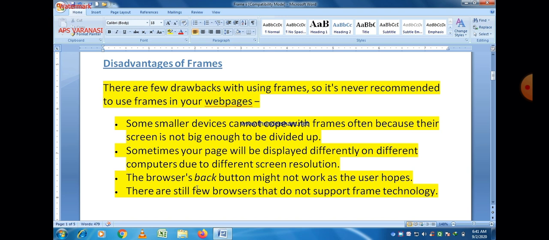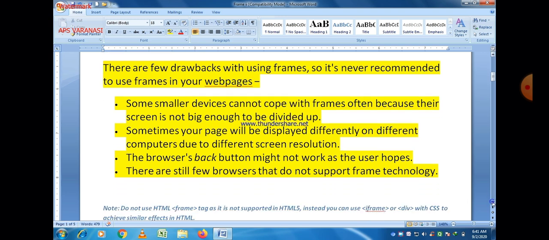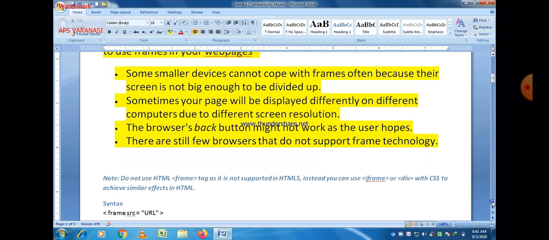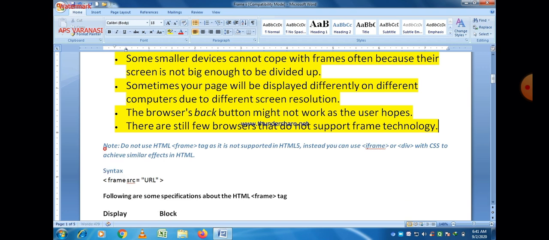Second is some devices, especially small devices, cannot show frames because their screen is not big enough to divide up. And third point is different computers show different behavior for frames because of the screen resolution, and sometimes the back button might not work in frames. So these are the different disadvantages of frames.